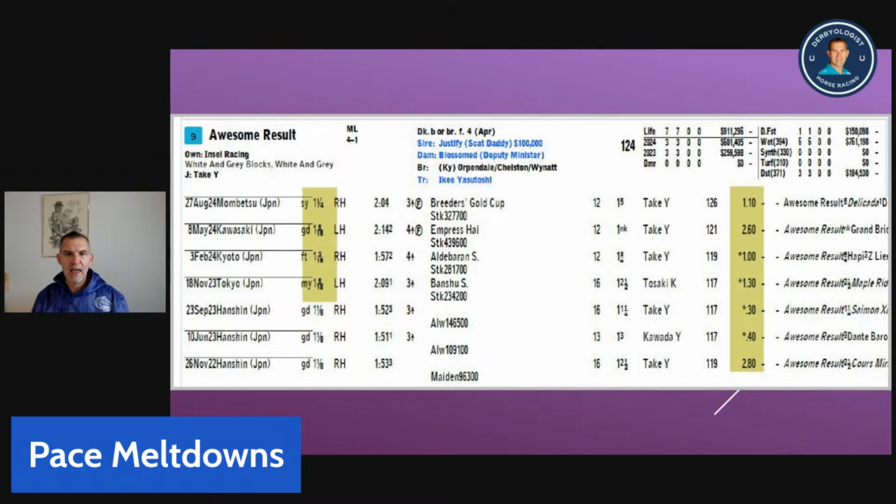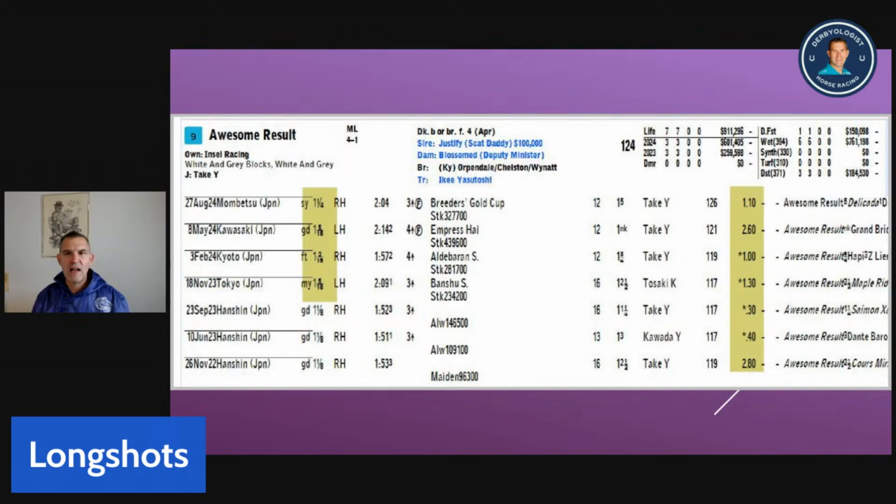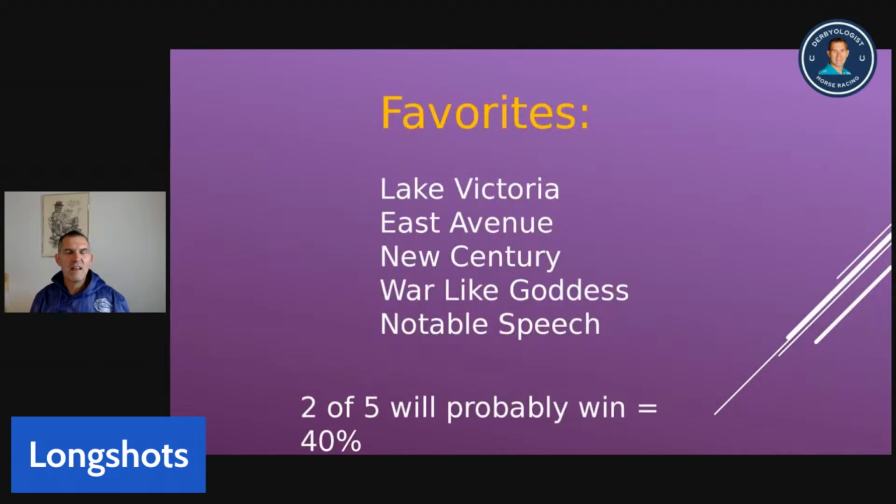When you take a look at that, you know, overall, some long shots. Give me your long shots on Breeders' Cup Day. Awesome Result, I think, may be a little bit underbet. Now, for favorites, I think these 5 favorites are going to be the key to the day: Lake Victoria, East Avenue, North Century, Warlike Goddess, Notable Speech. I really think only about 2 of those 5 are going to win. That'd be 40%. I think we can get some 4 or 5 to 1s to win over the course of